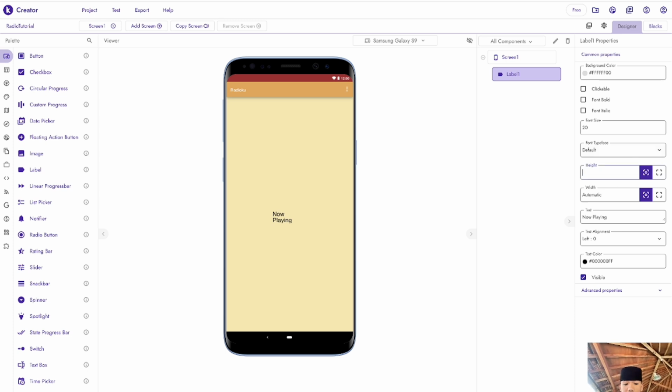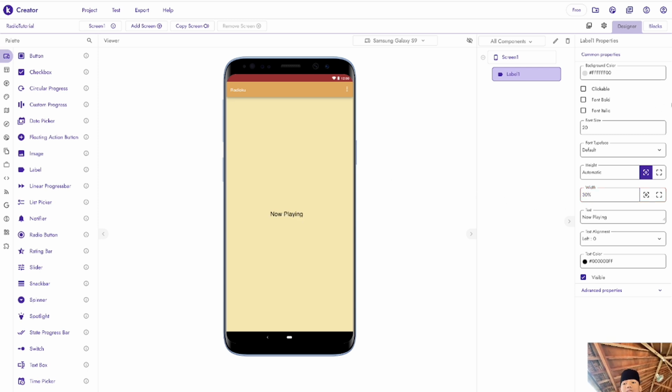The height we're going to make it 30%. No, height just automatic, and width will be 10%. 10% is not enough, so maybe 20%. Just 30%. That's all.